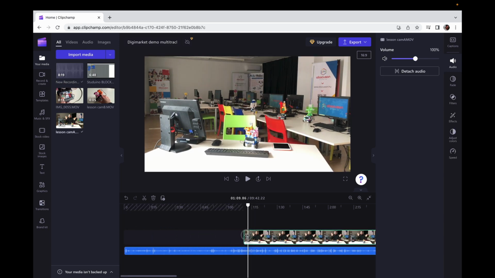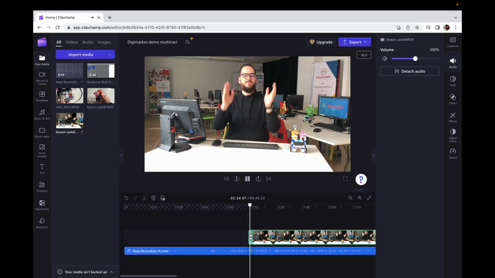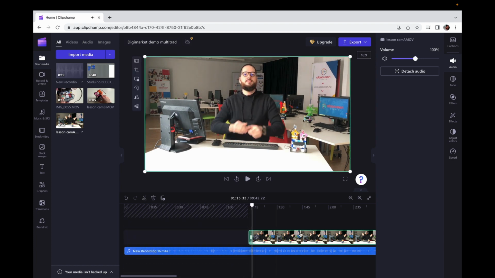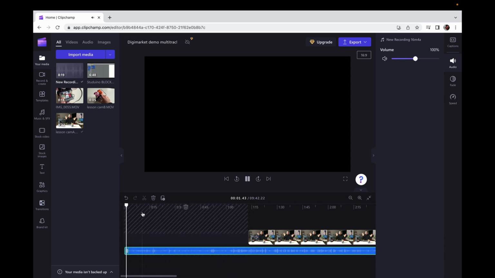So I'll just chop everything else before this off because I definitely won't be needing that. Now I'll do the same in reverse. I'll mute the main video and I'll find the clap in the audio recording as well. As you can see, as I'm playing, I can see basically the waveform or the shape of the audio as it's playing in the timeline. That's going to help me quite a bit. There's the clap, so I'll just chop that off and I'll move it here to roughly align it with the